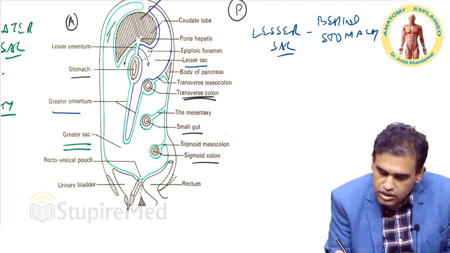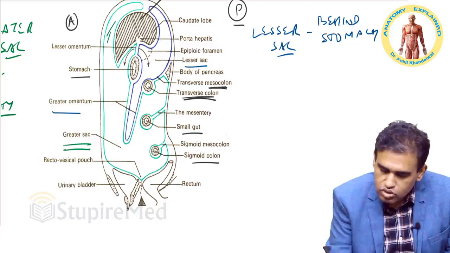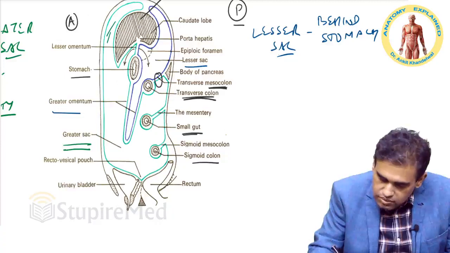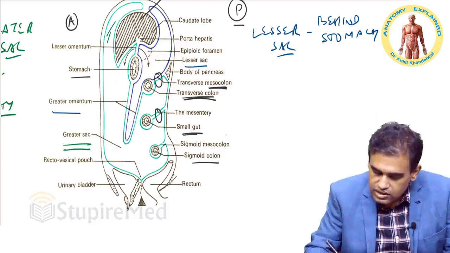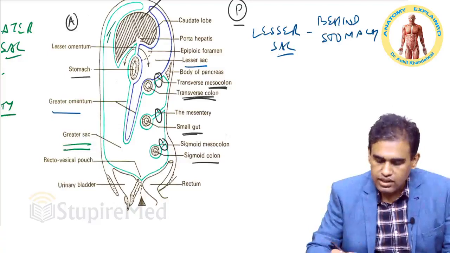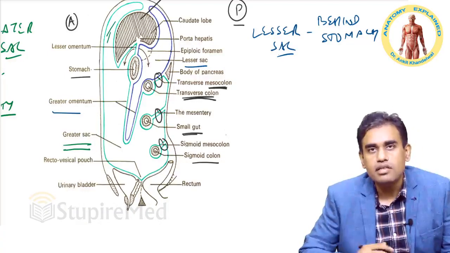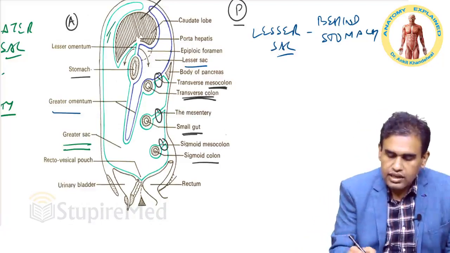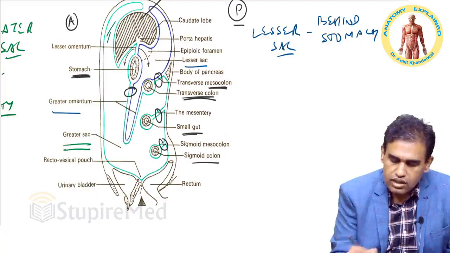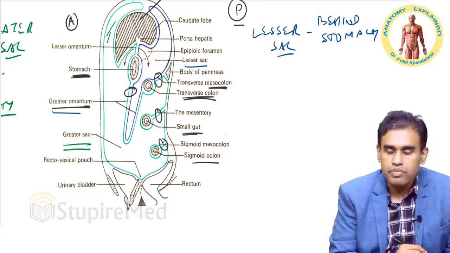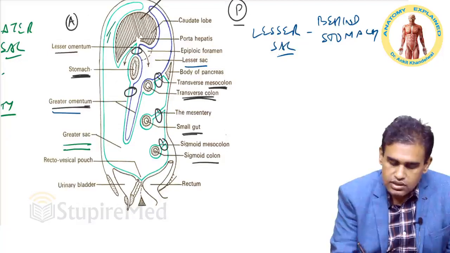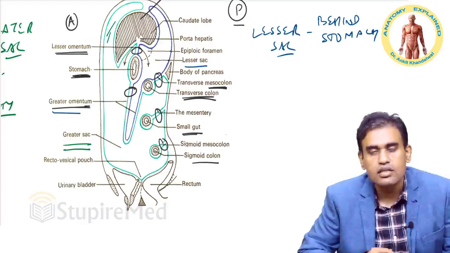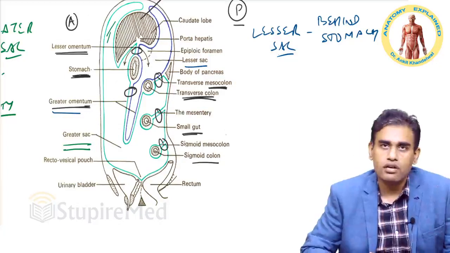Now this transverse colon is attached posteriorly through a mesocolon. Look at this mesocolon, double layered. This gut is attached posteriorly through the mesentery. Look, it is double layered. Look at the sigmoid colon, attached by a double layered fold. So all these double layered structures are your ligaments, your folds of peritoneum. And look at the one which is coming from the greater curvature of the stomach, shown here below, double layered. What is its name? Greater omentum. The one from the lesser curvature, also double layered, what is its name? Lesser omentum. So be it omentum, ligaments, or mesocolon, whatever it is, they are all but double layered folds of peritoneum.